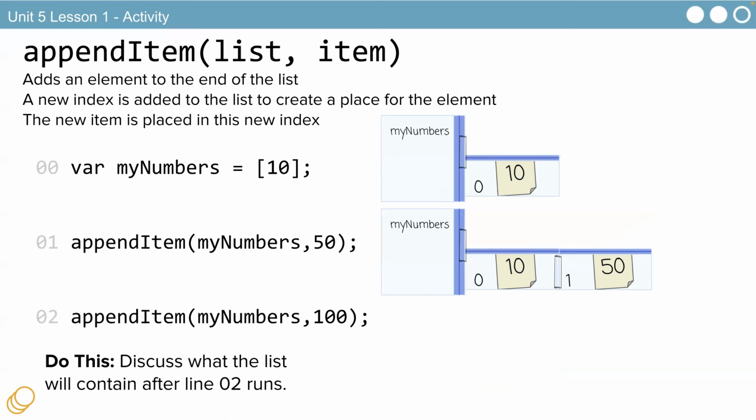Append means to add at the end. So just like removing, we're going to have the list name, comma, the item we want to add. You don't need an index number because it's always going to go to the end. What if you want to put the appended item in the middle of this? I'll tell you next. Because you just keep adding more and more index items. So this is going to be a very common thing for you to add items.